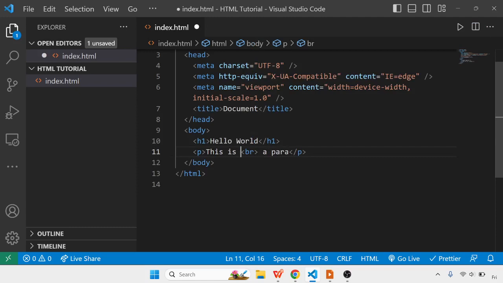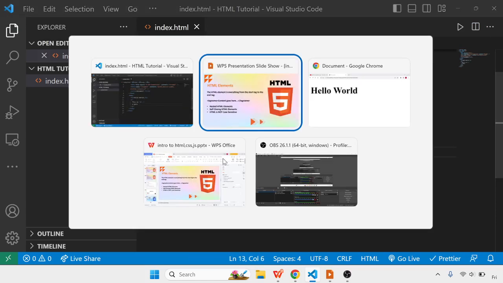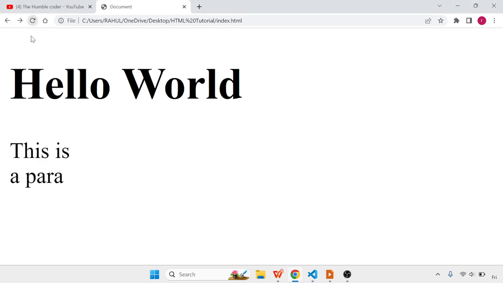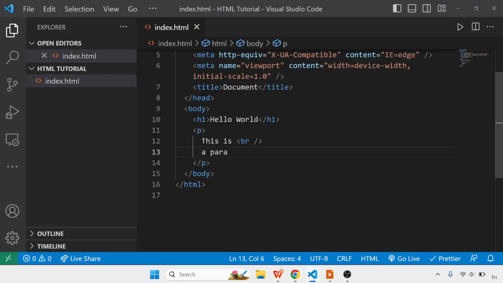This BR element is used to give a line break. If we save it and look at our output, it will be displayed in two different lines, because we have made use of the BR element. What we have done here is called nesting the BR element inside the paragraph element.